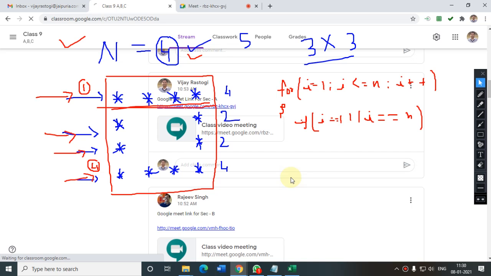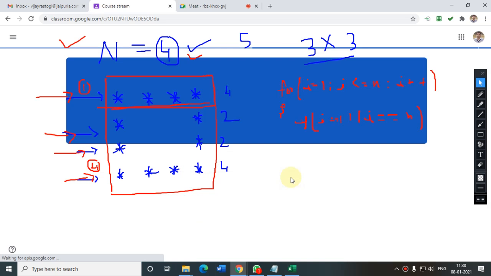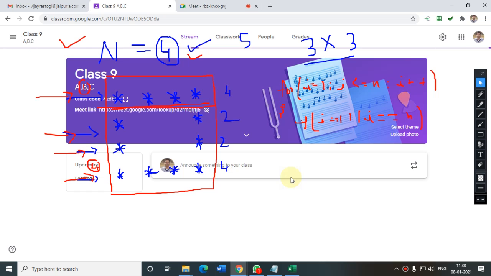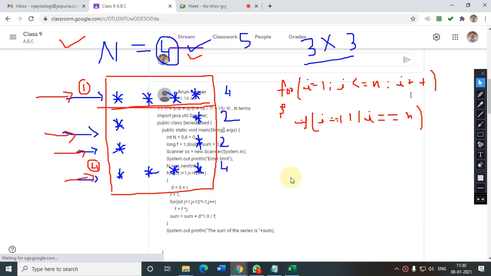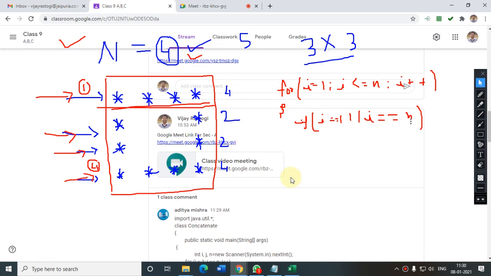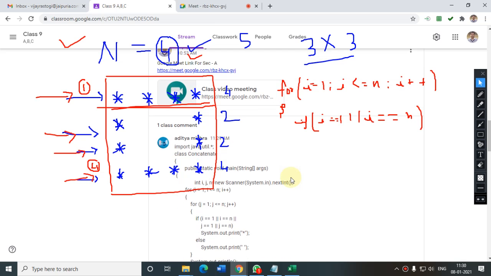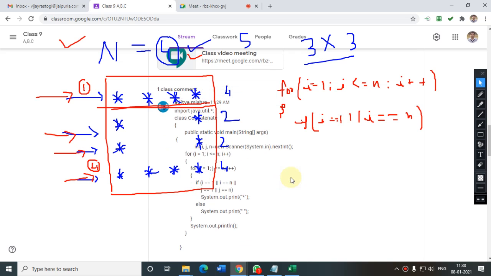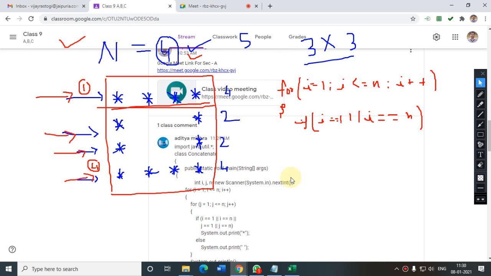It has not come yet. Sir, it is a comment on your post where you had sent the link. I got it. Is it working? Sir, it is working. Sir, I ran it.